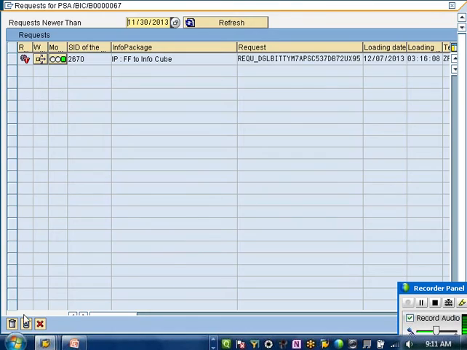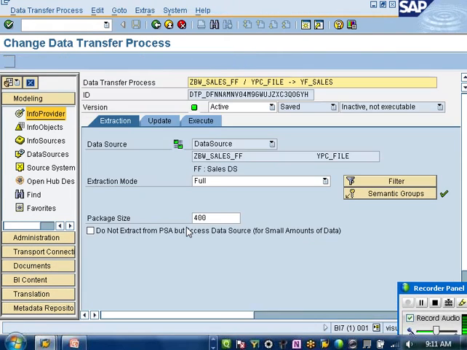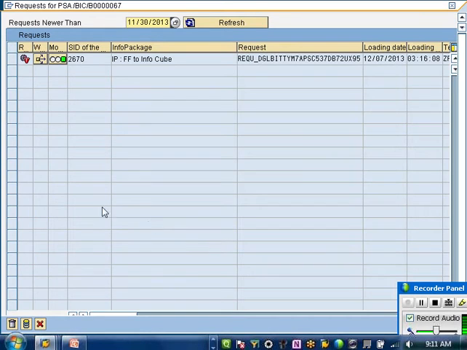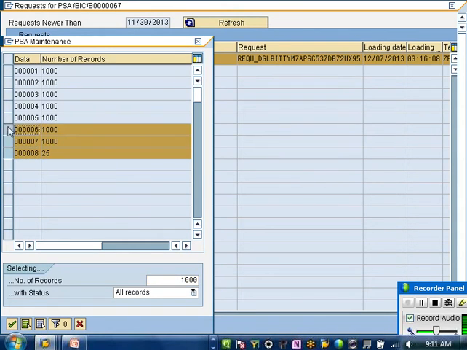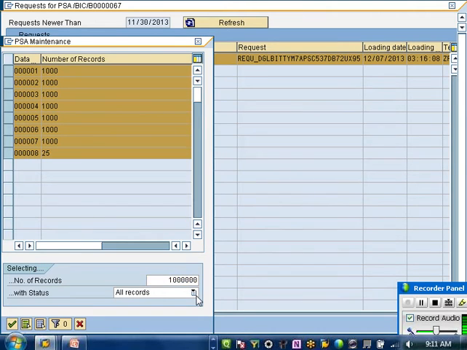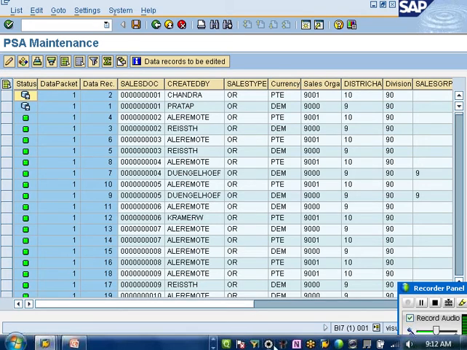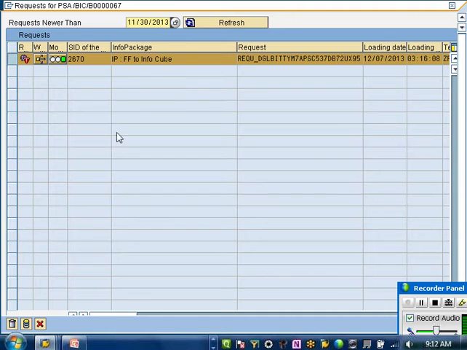Let me check, do we have it? Yes. I don't have to run the InfoPackage, I can just run my DTP.